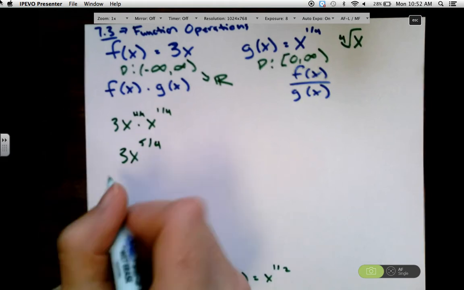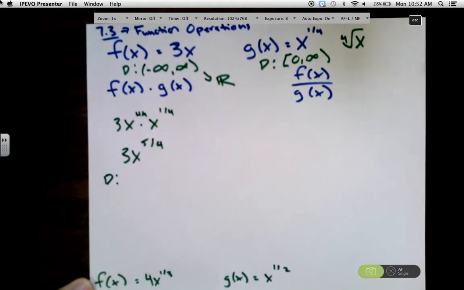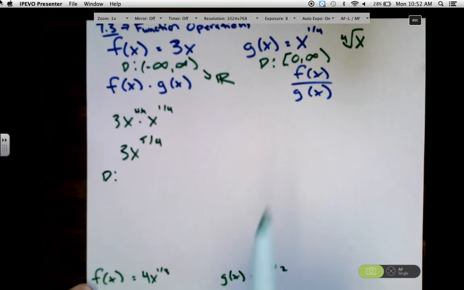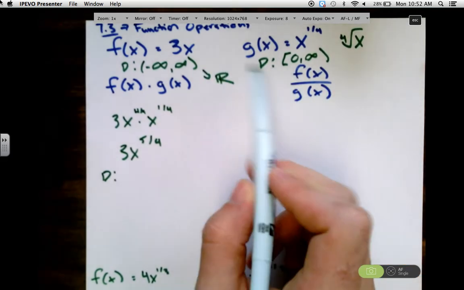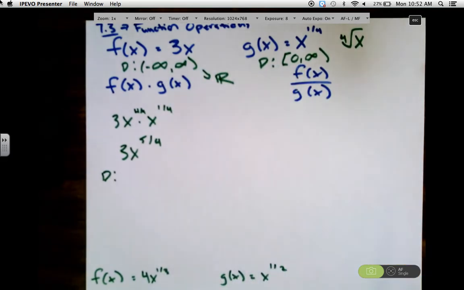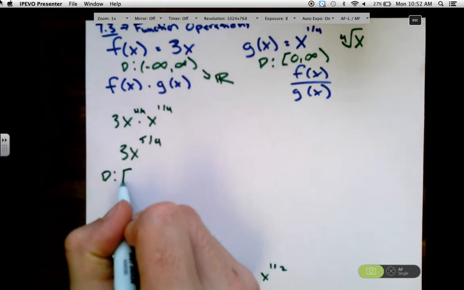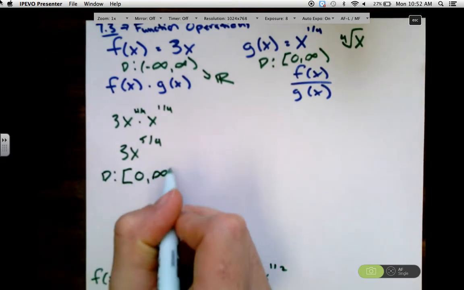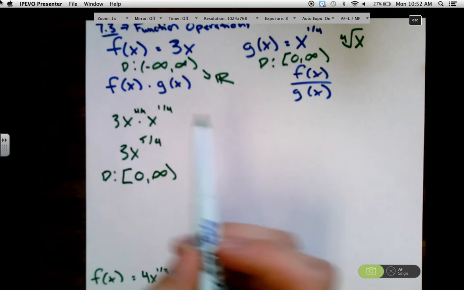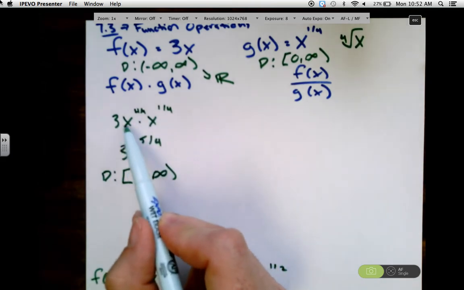Now, I have to look at the domain of this final answer. I'm going to look at the two domains of the two equations that I combined earlier, and select the more restrictive one. The more restrictive of these two would be 0 to infinity, because I actually have some sort of restriction. The reason why we do that is because right here at this point, 3x,